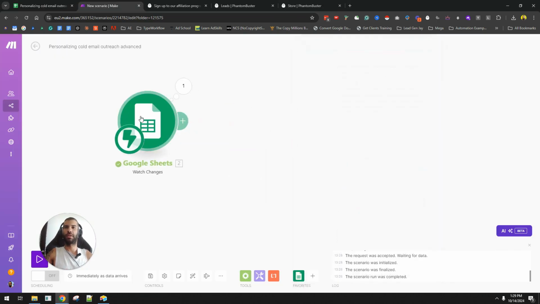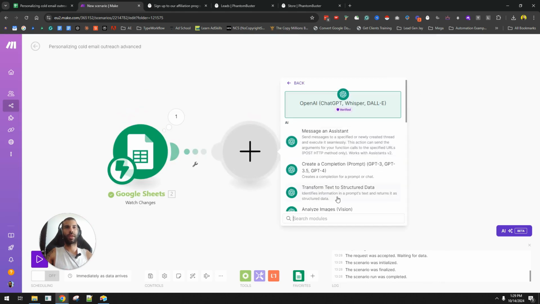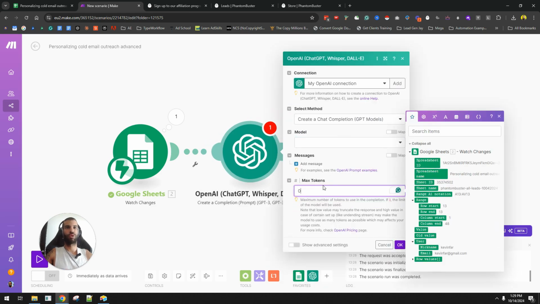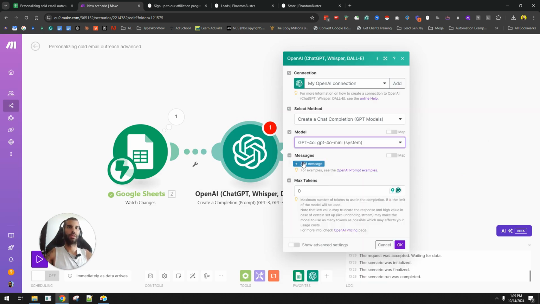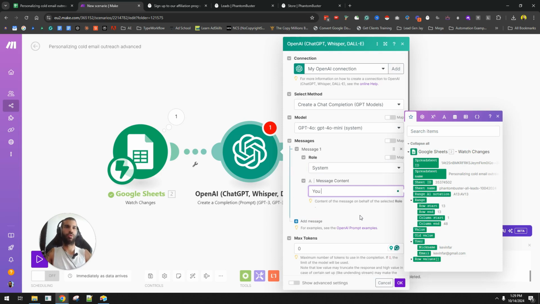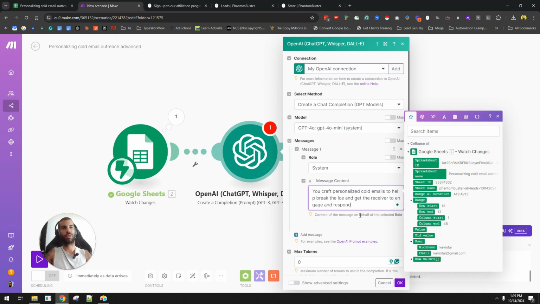So whenever this triggers, what we want to do is speak with OpenAI, create a completion, and we're going to put maximum tokens as 0, and we're going to use GPT mini system. We're going to say that the role is you craft personalized cold emails to help break the ice and get the recipient to engage and respond to